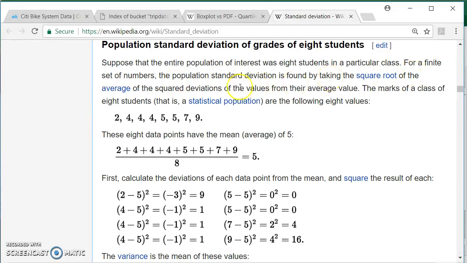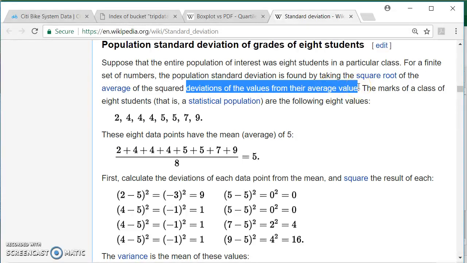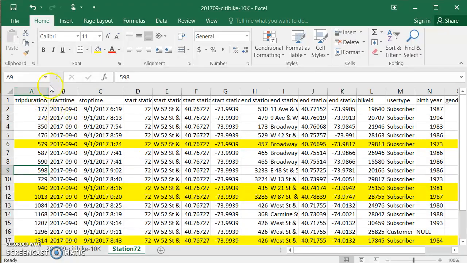The first thing that we want to look at is, and we do start at the end of the sentence here, the first part of calculating standard deviation is to take the deviation of each value from the average value, okay? Deviation is just another word for difference, and of course in math, when we say difference, we mean subtraction. So the first thing that we're going to do in calculating the standard deviation is subtract the average value, which of course is just another name for the mean, from each value